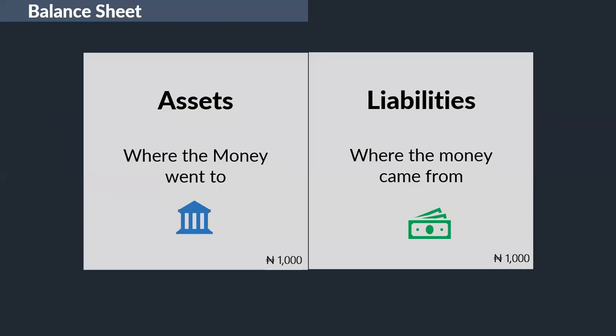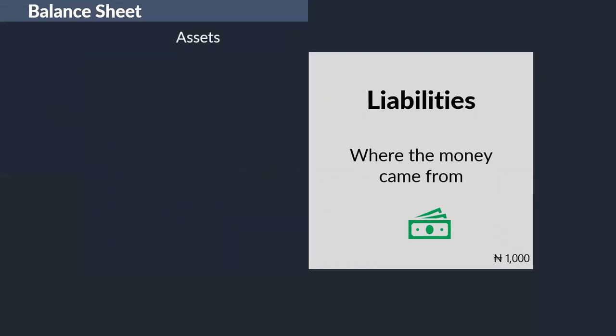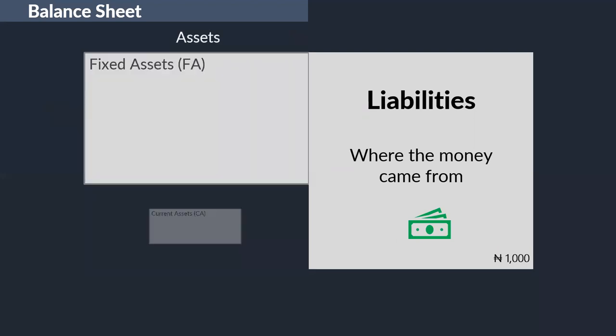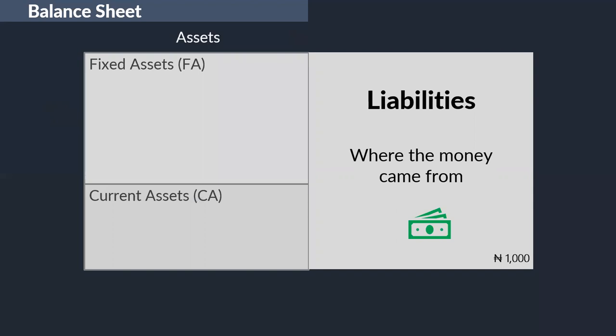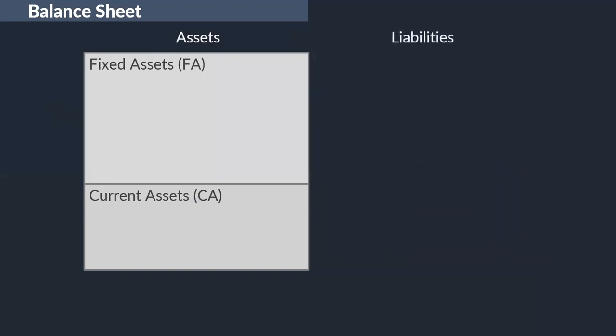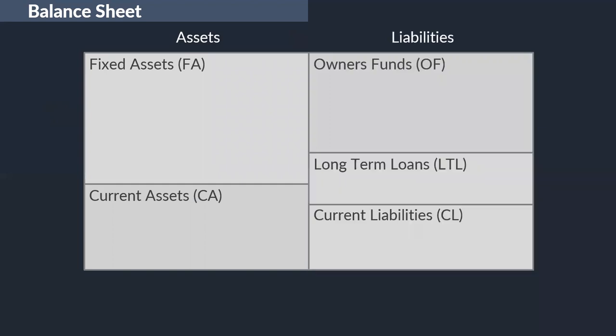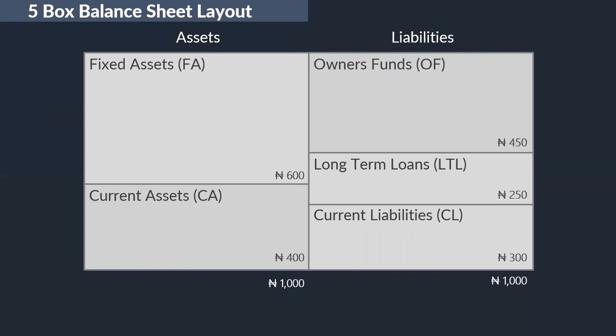So with this five-layer balance sheet, we've categorized our balance sheet into two. You can only have two things in your balance sheet: either an asset or a liability. Liability is the same thing as funding, right? Liability is where the money came from, assets are where the money went to. Now we've categorized our assets into two: fixed assets and current assets. The other one, liability, which is funding, we've categorized into three: owner's fund, long-term loans, and current liabilities. This is what we call the five-layer balance sheet layers. And remember, they must always equal each other, right?